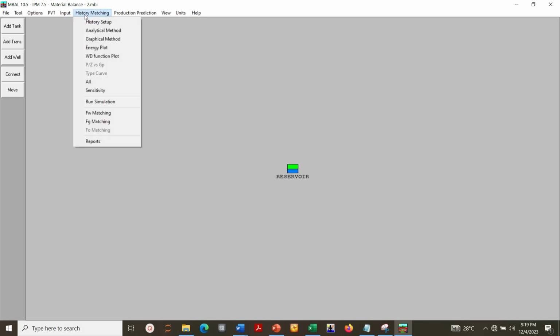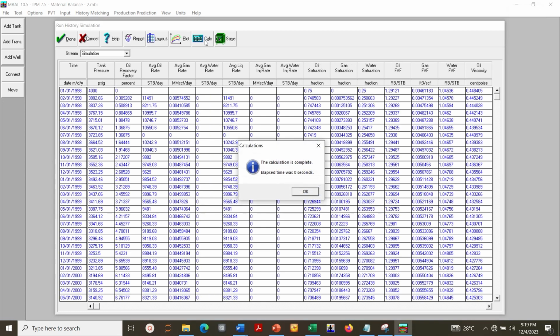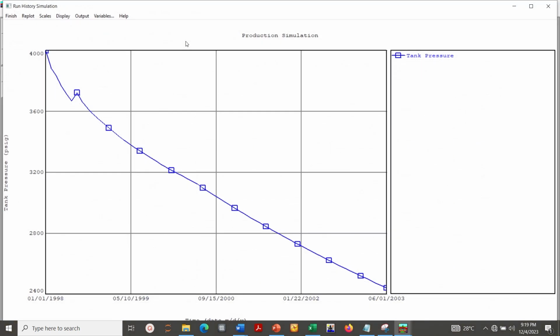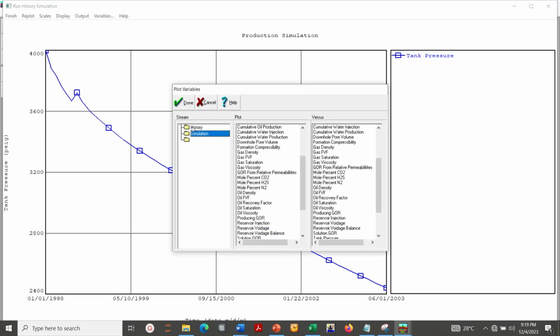Go to history matching, click on run simulation, and then click calculate. Once the calculation is done, go to plot and go to variables. Plot the history and simulations together,